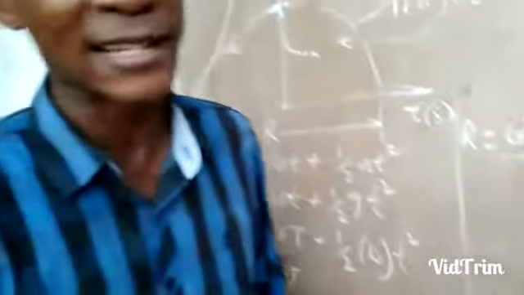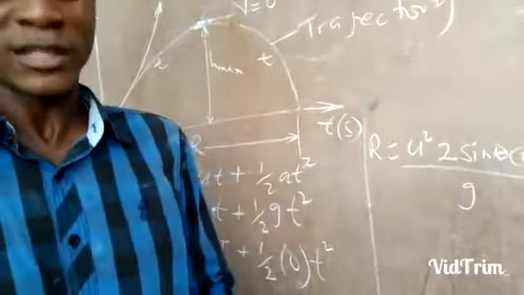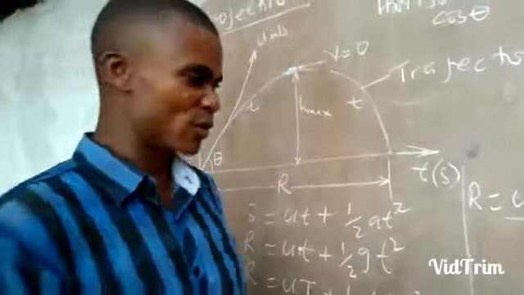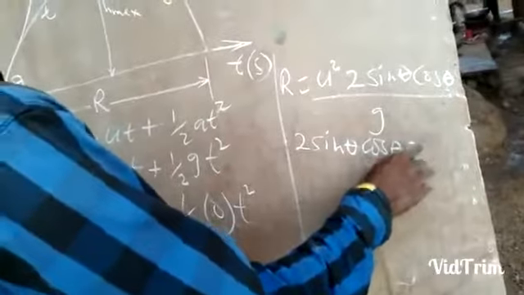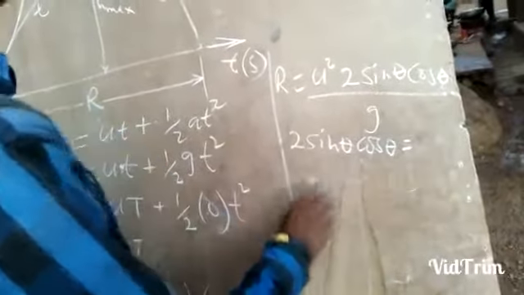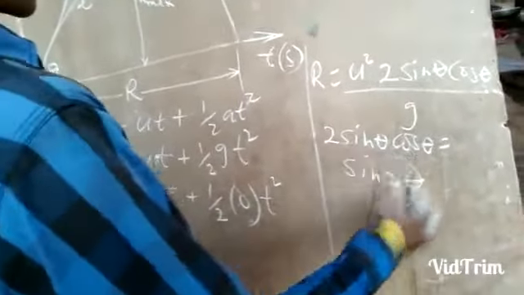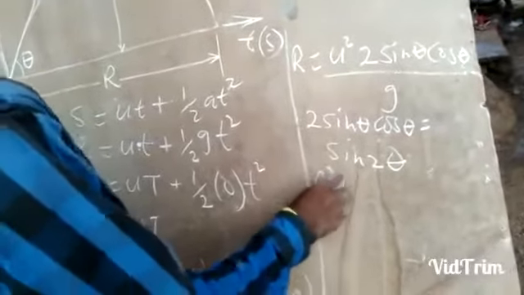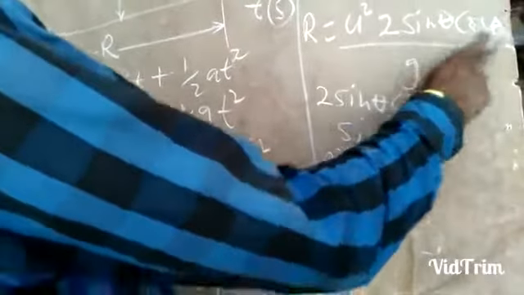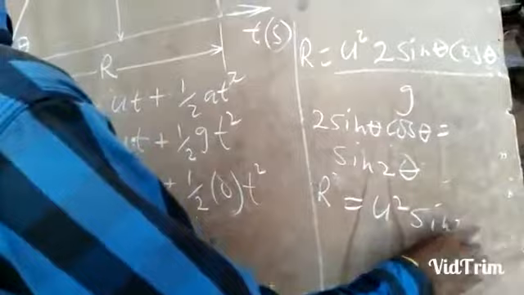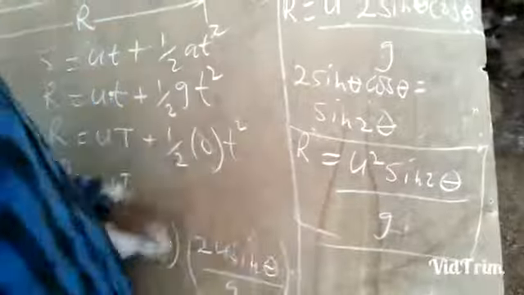In further mathematics, there is an identity which says anytime you see 2 sine theta cos theta, you put sine 2 theta. So the identity you can recall if you have not done it is that 2 sine theta cos theta is always equated to sine 2 theta. So wherever you see 2 sine theta cos theta, you put sine 2 theta. R now equals u squared, and instead of 2 sine theta cos theta, we put sine 2 theta. So that becomes sine 2 theta, divided by g. So that is the formula for the horizontal distance covered. That horizontal distance